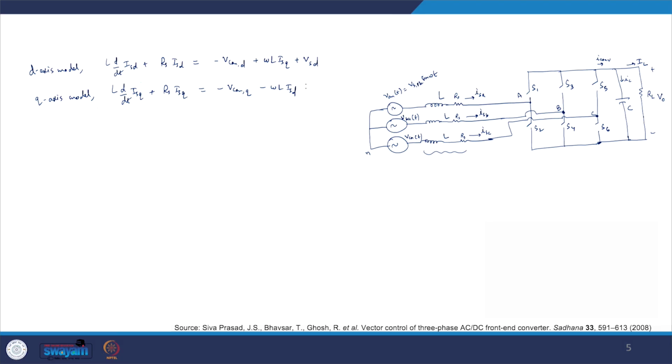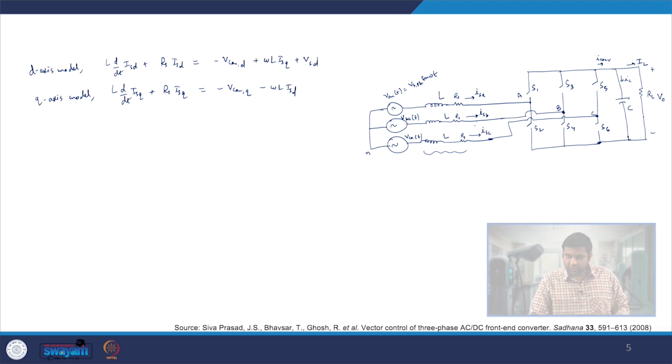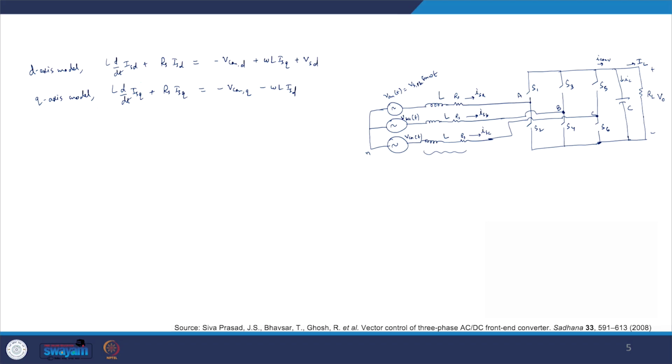So that is the DQ axis model, and if we see this L and RS, we have already taken the impact of applying the voltages across these L and RS. So in these two equations we are trying to capture the dynamics which could occur because of L and RS. Obviously we have represented it in the time domain, so that we could accommodate some of the dynamics which could occur because of L and RS. However, there is this converter also,